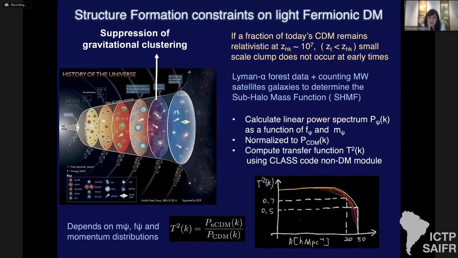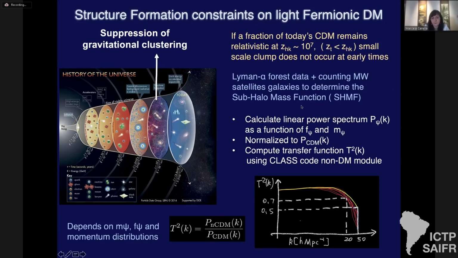This slows down the overall growth of matter density perturbations. And so we can constrain this from Lyman alpha forest data and by counting Milky Way satellite galaxies to determine the